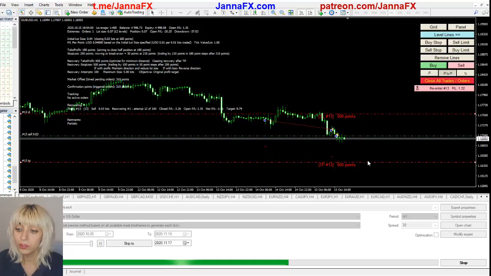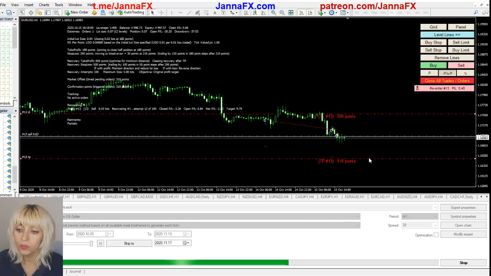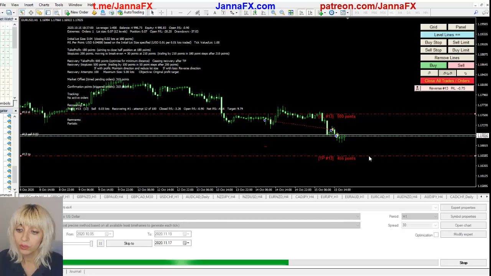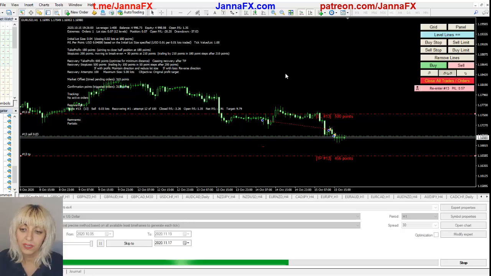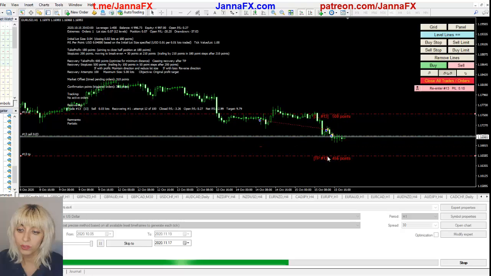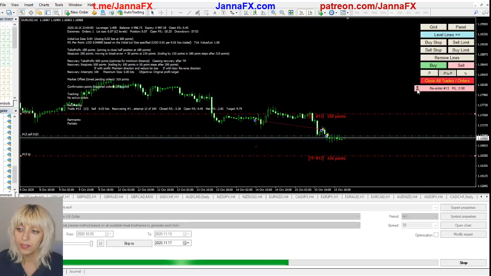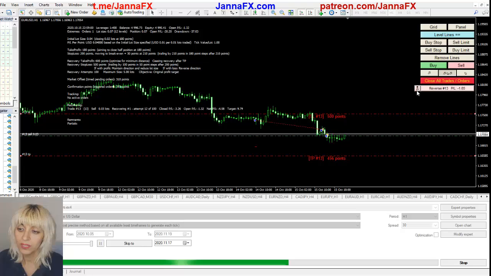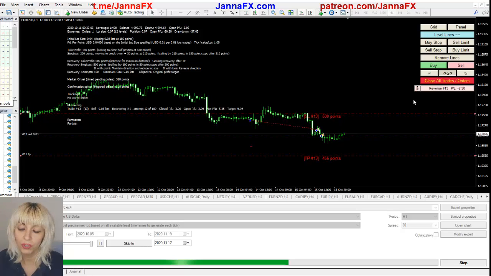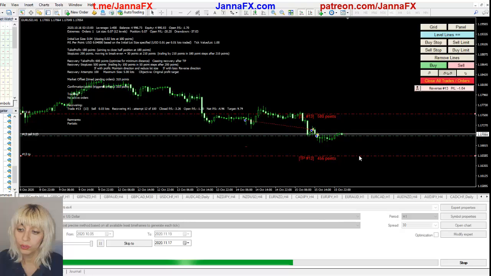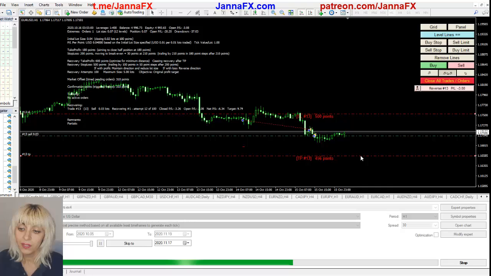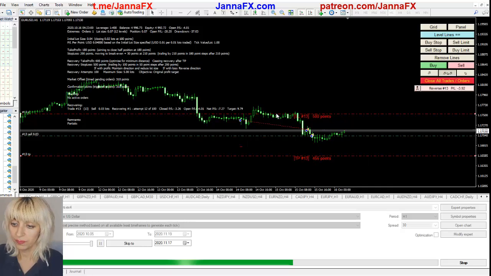That's why you can decide, okay, maybe I'll just move a little bit higher, because maybe it will have a reverse at some point, because it's been going down for a while, and so now maybe I've had enough. Remember, if you want to close it completely, you need to press the scalp, okay? If you press this, it will re-enter. If you press scalp, it will terminate, and then it will finish your recovery. Or you just move your stop, take profit a little bit closer if you think, okay, that's it, had enough, and I'm going to